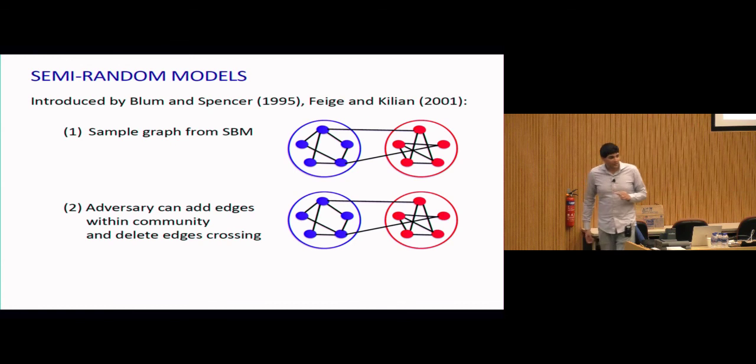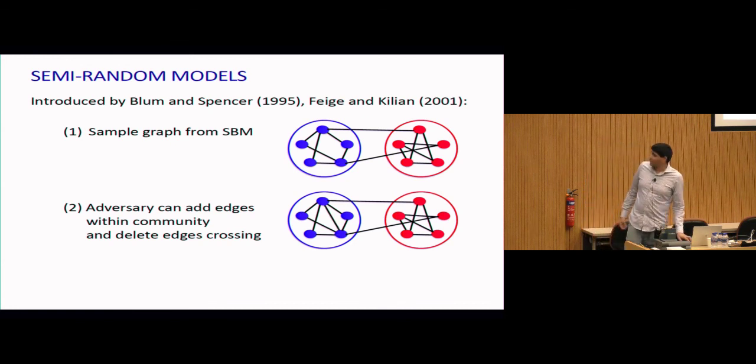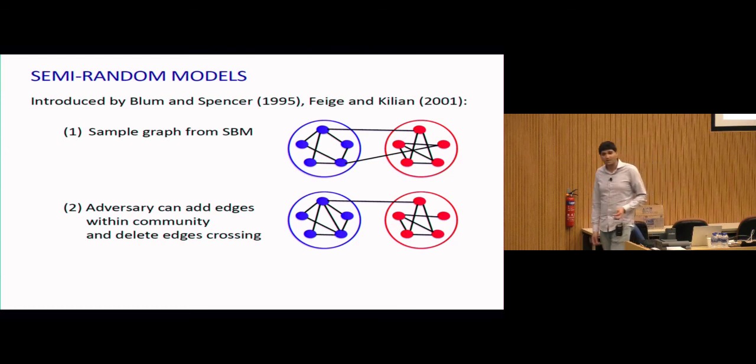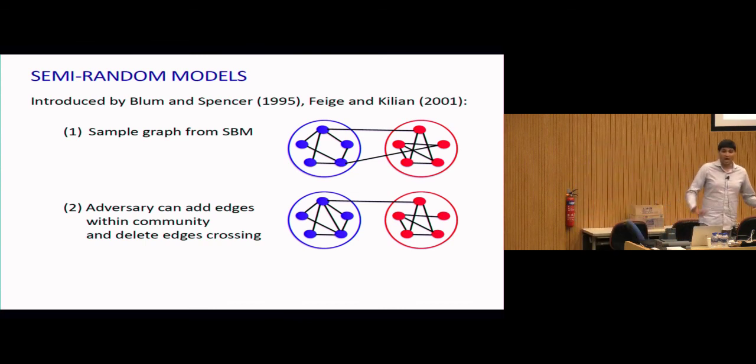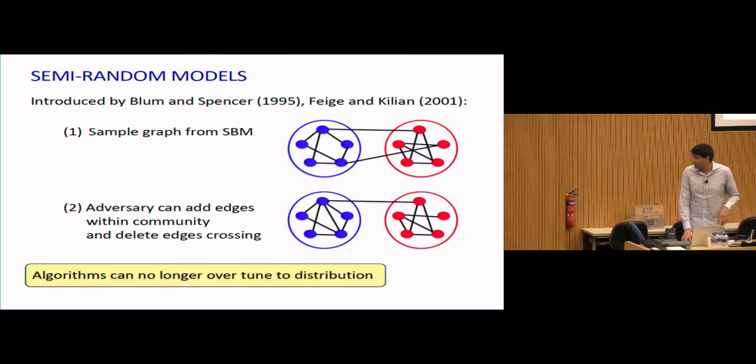So what they're allowed to do is delete edges crossing the bisection and add edges within one of the bisections. So all they're doing is making a community better connected, or destroying some of the connections between the two communities. In principle, this sounds like it should only make your life easier, because your goal is to find these well-connected substructures within it. That's what I mean by the adversaries being helpful. All of these changes are monotone.